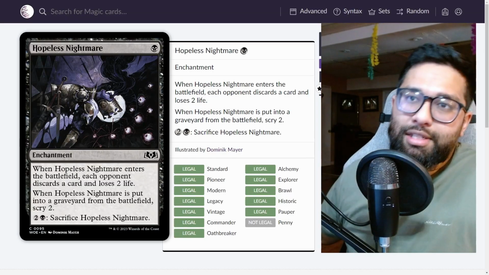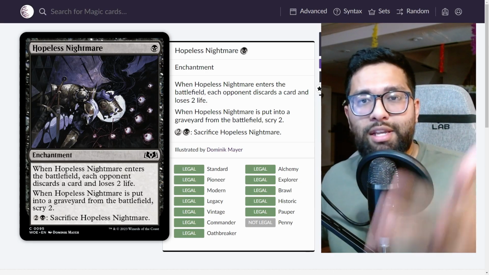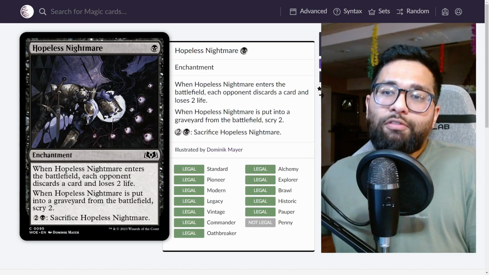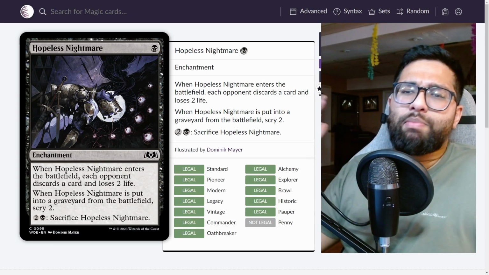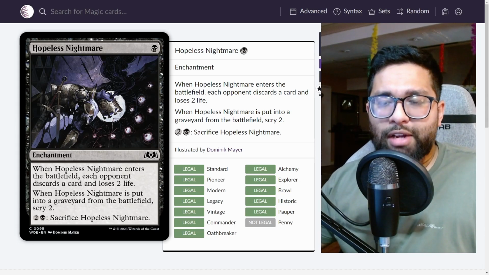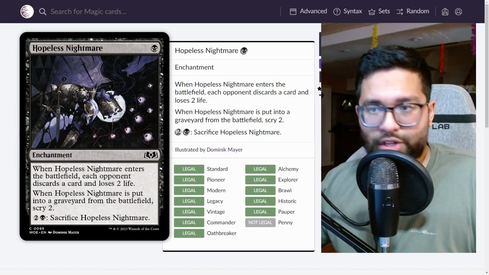The third most, I think, exciting card for the Pauper format is going to be Hopeless Nightmare. Now, just being a recursive threat is going to be important, especially with all the bargain entering the format itself. When it enters the battlefield, each opponent discards a card and loses 2 life. When Hopeless Nightmare is put into a graveyard from the battlefield, scry 2. So if you bargain it away or use its last activated ability, you're going to scry 2, which is great